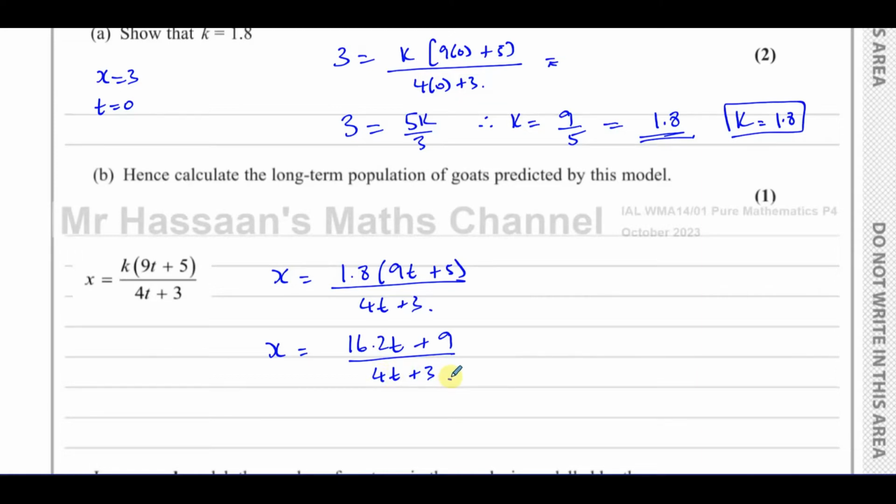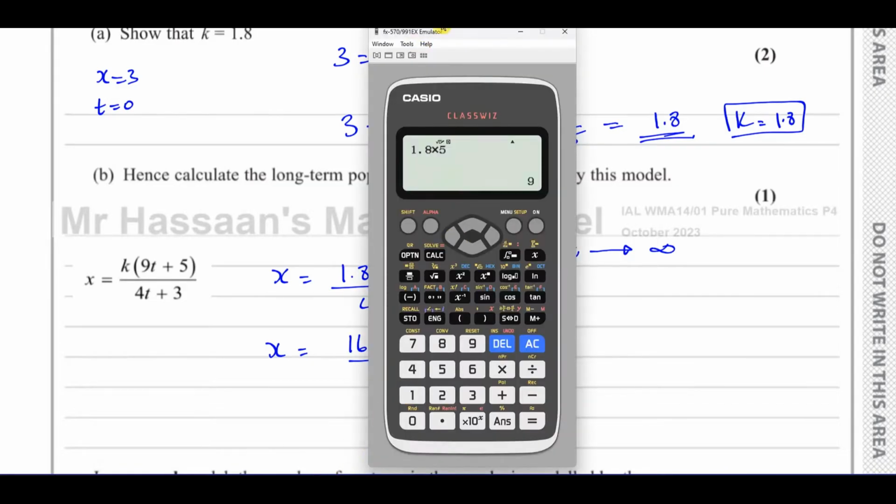So basically the long-term population means when t becomes something really large. We can say when t reaches infinity. Now there's a few ways of doing this. It's only worth 1 mark, so you don't really have to show any steps. What we could do is take